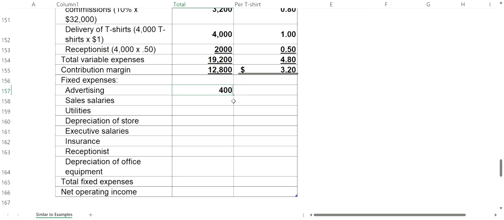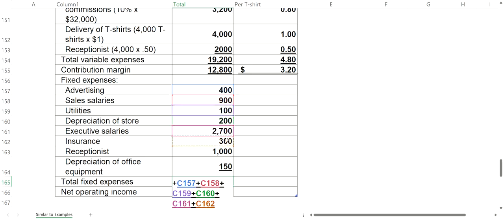It said it was $400 for advertising. Now remember, the sales salaries had a $900 component that was fixed, utilities $100 fixed, depreciation $200 fixed, executive salaries $2,700 fixed, insurance $300 fixed, and then remember the receptionist was a mixed cost with $1,000 of it being fixed, and depreciation on the office equipment was fixed at $150. Now I will add all of my fixed costs together, and I'm just doing it in total, not per unit, and that gives me